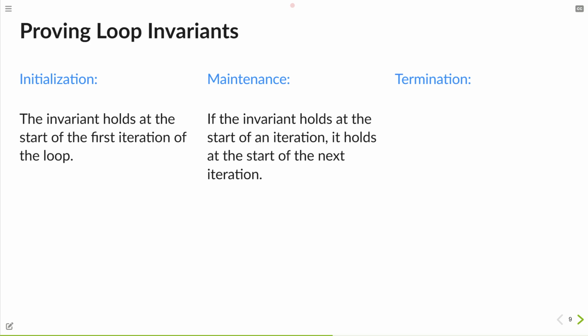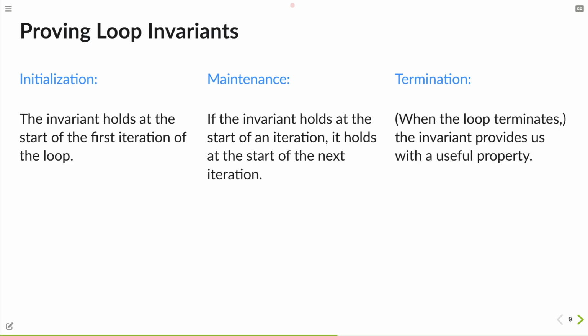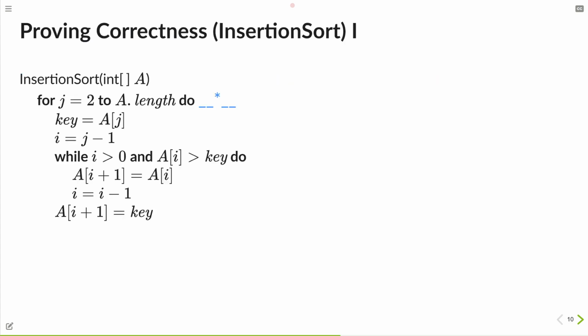And at the end, that's what we do when we talk about termination. Formally, if it's not clear that a loop would terminate, then checking termination might be part of it, but termination really refers not to proving correctness of the loop invariant, but to using the loop invariant after the loop has finished to prove something useful about the algorithm, in our case, to prove the correctness of the algorithm based on the loop invariant. We'll see that by the example of insertion sort next, then it also will be clearer. Okay, so here's insertion sort.